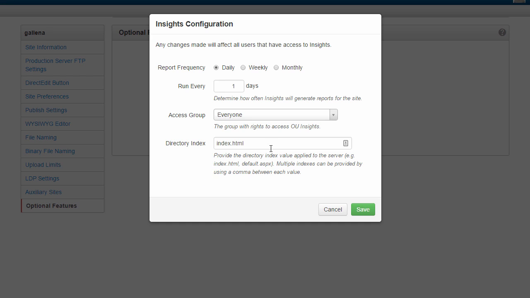Essentially what can happen is that your production web server, if you have a URL that ends with a slash, is going to redirect you to whatever the index page is for that directory right before the slash. We just need to tell Insights how the web server interprets those links so it can then follow any links that end in a similar manner. So if you enter in school.edu/academics/ and it resolves to a file that's called index.html, you would want to put that as the directory index in here.